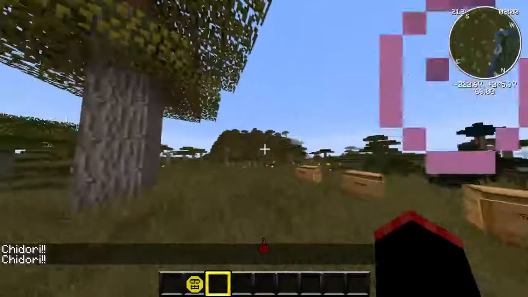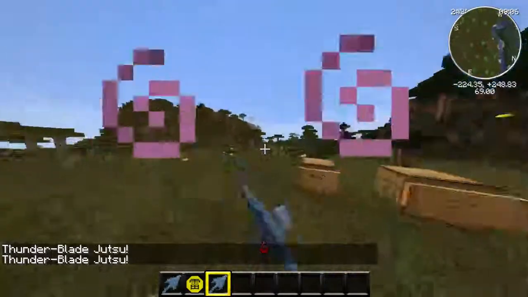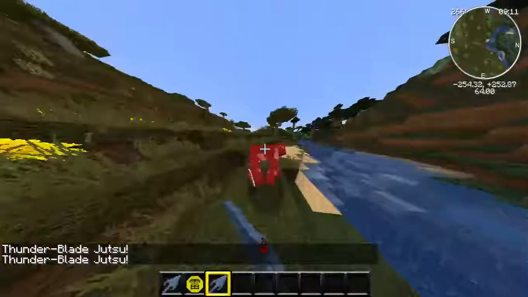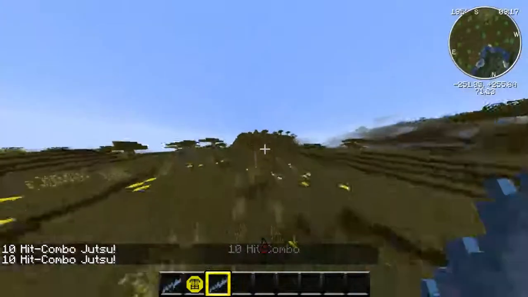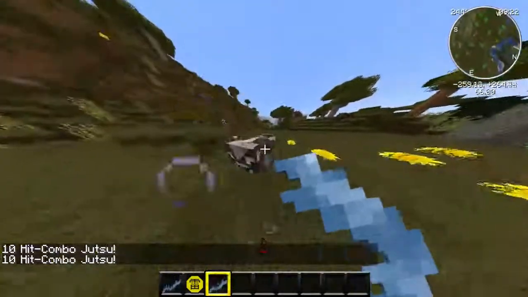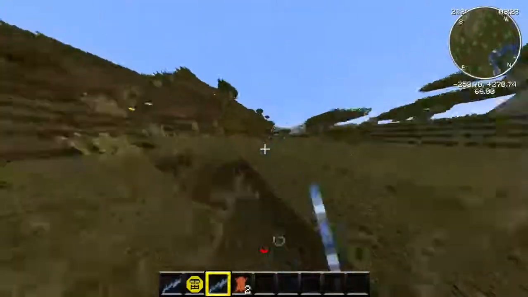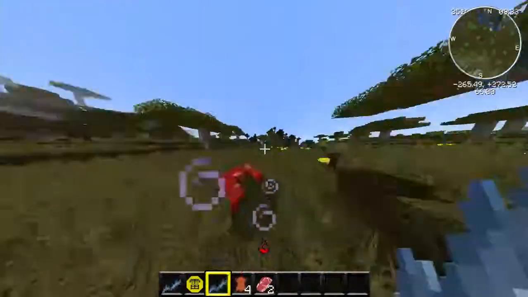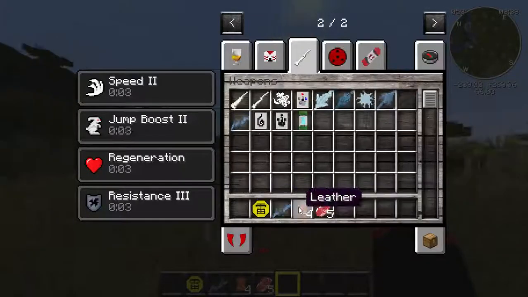But that doesn't last. Then you have number 5, which is Thunderblade. Like again, you get a speed boost. And then finally, number 6, you get a 10-hit combo, which I think... I can't actually understand how this one works. Whoa. I think what it does is it hits them up in the air and they get hit. I don't really understand how that one works, but